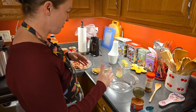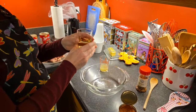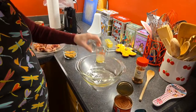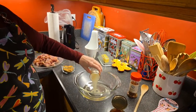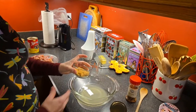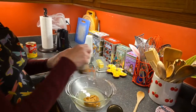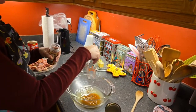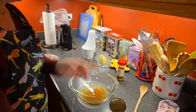Over here, I've already pre-measured some of these ingredients we're going to be adding into the bowl. This is 6 tablespoons of rice vinegar, 3 tablespoons of lime juice, 3 tablespoons of brown sugar. I'm going to put just a pinch or so of red pepper flakes in there because we're already getting some heat from